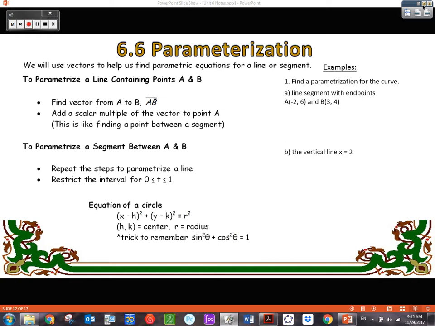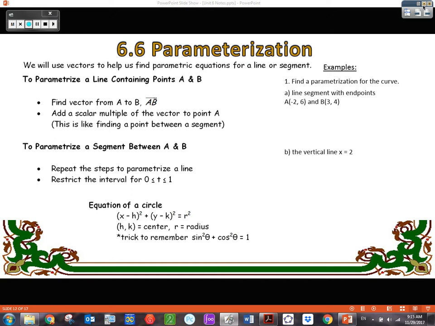We're going to change a rectangular equation into a parametric equation. So we're going the other way. Now that we hopefully are fairly comfortable eliminating the parameter, we're going to introduce a parameter. So there's a couple of main things that we would parametrize. One of them is a line. So let's look at the system or the technique that we use for making parametric equations out of a line,